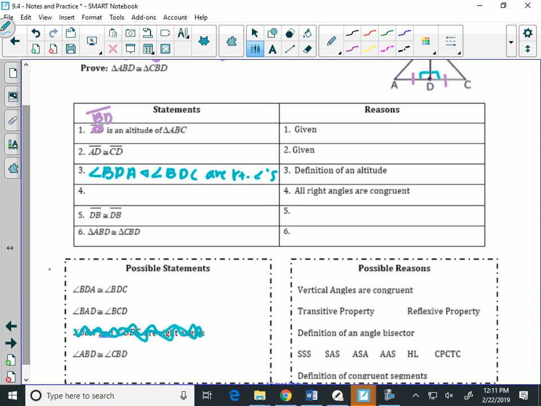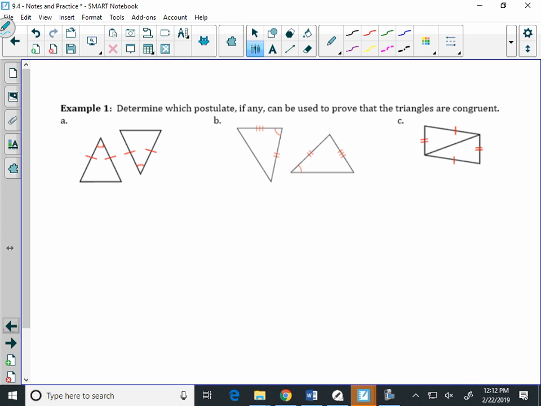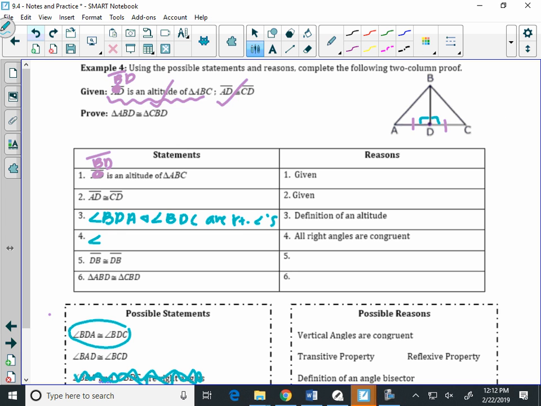So which one of these next ones makes the most sense to put? 1, 2, or 3? 1. Yeah, I just said that these two angles are right angles, then it's talking about right angles being congruent. So more than likely, this one right here makes the most sense to me. The reason why we're writing that